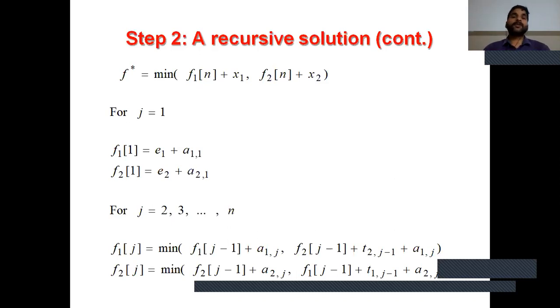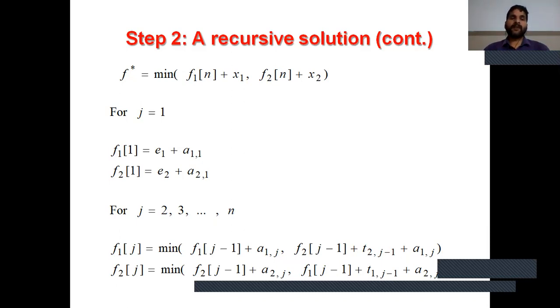So the recursive solution is: f star equals minimum of f1n plus x1, f2n plus x2. For j equal to 1, f11 is initialized as e1 plus a11 and f21 is initialized as e2 plus a21. For j equal to 2, 3, up to n: